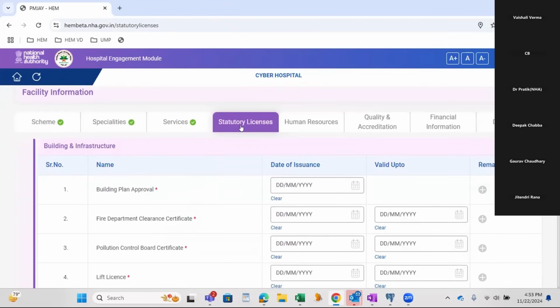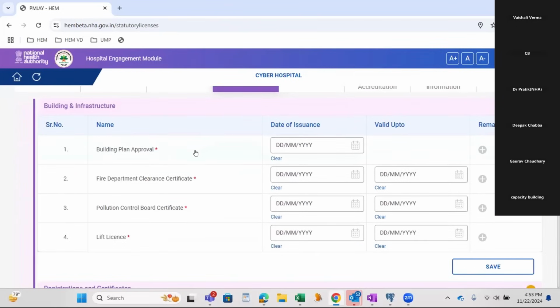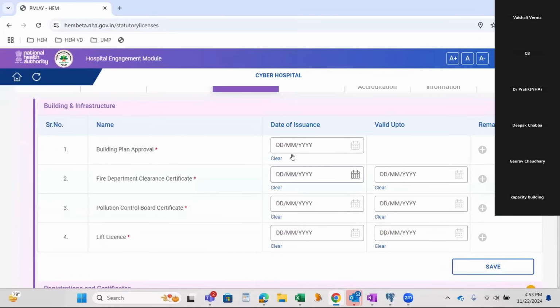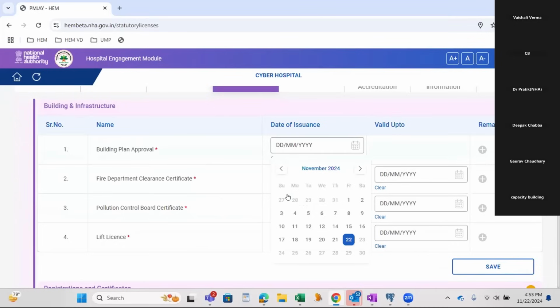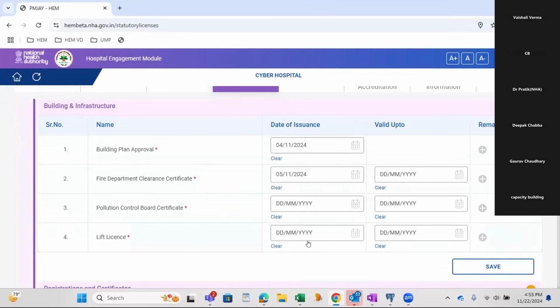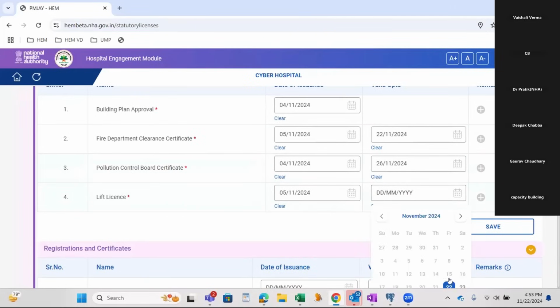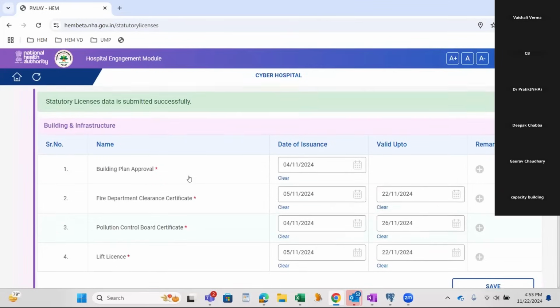Now this is the statutory tab. Here we have all the building infrastructure and registration certificate fields, and date of issuance and valid up to. I will select the dates. Click on save.